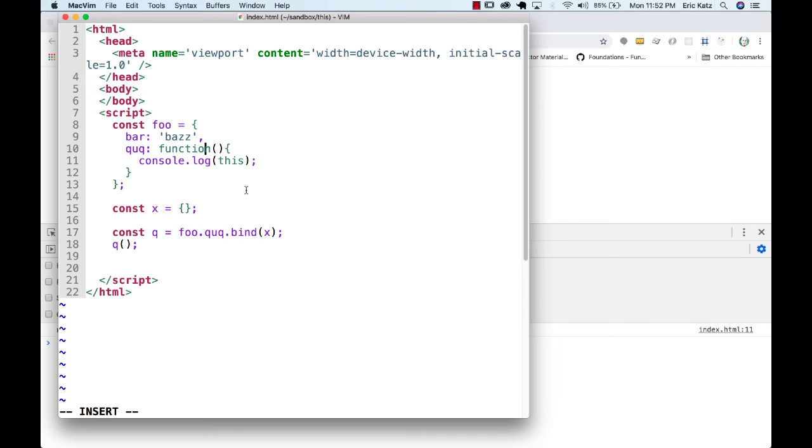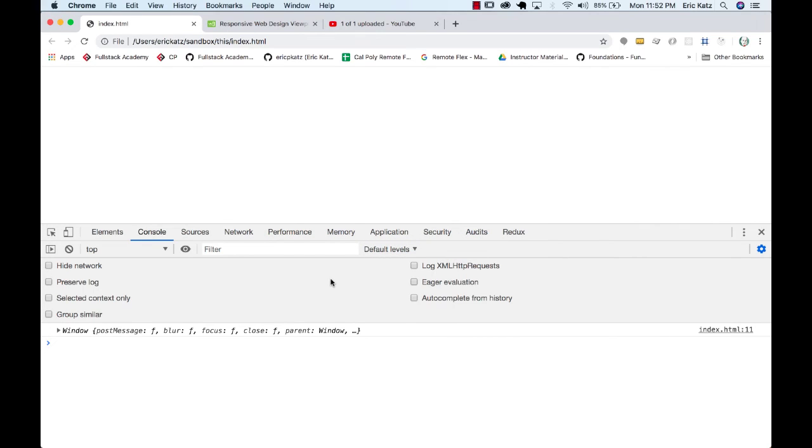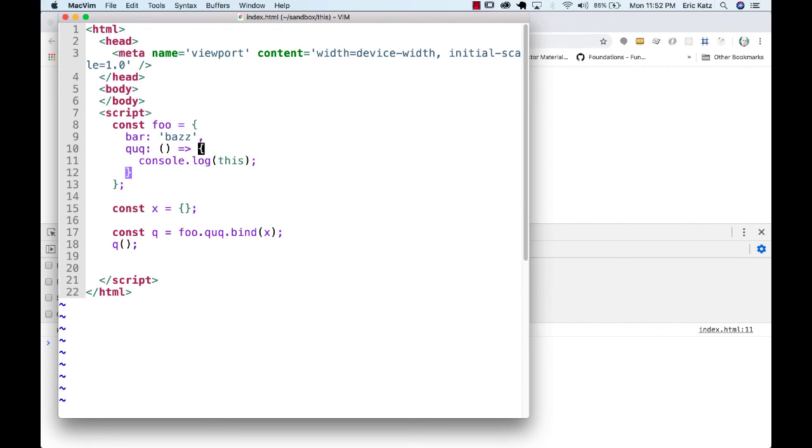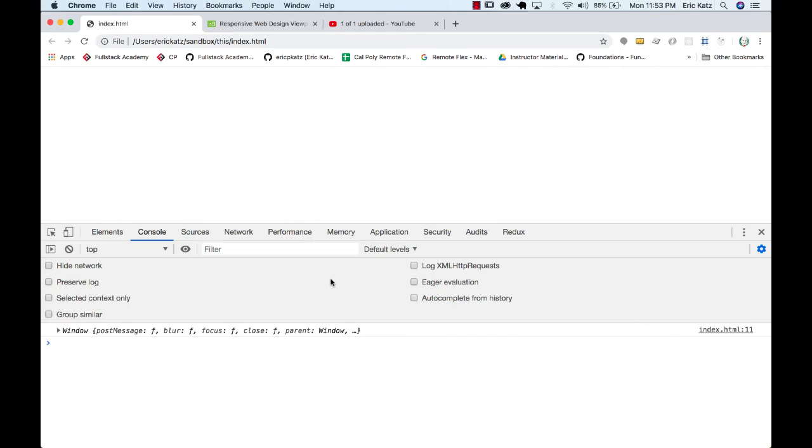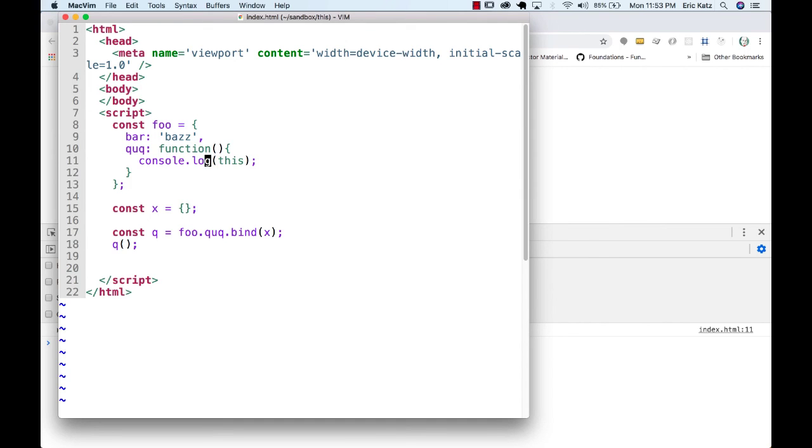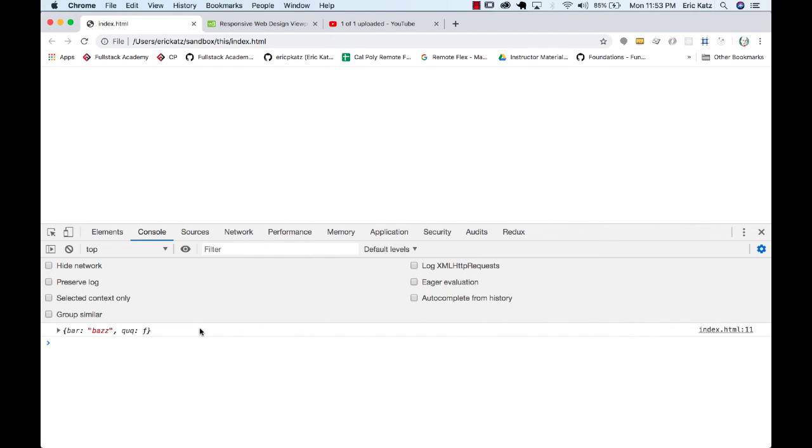By the way, this won't work if, in fact, we don't have the function keyword, because functions that have the arrow syntax can't be bound. They have whatever context was available when the function was created. And since this is created in the window object, what we're going to find out is that we'd be back to window. So if you do want to do binding, you're going to have to use the function keyword. And here now we could have a bound function. Let's switch this back to foo, and we have this